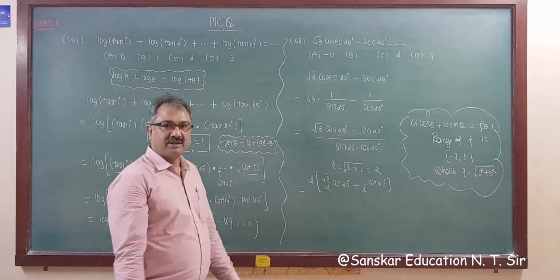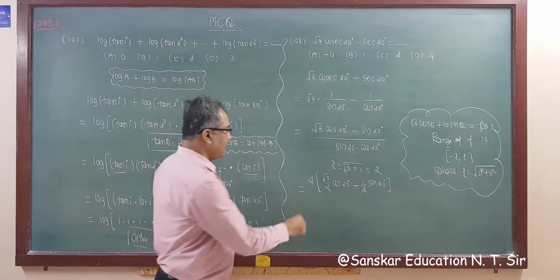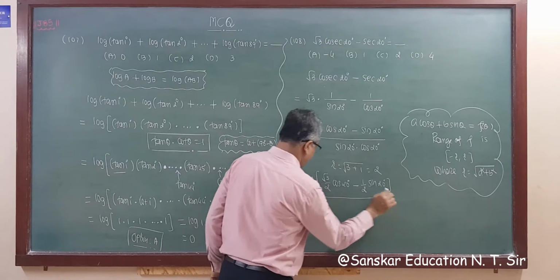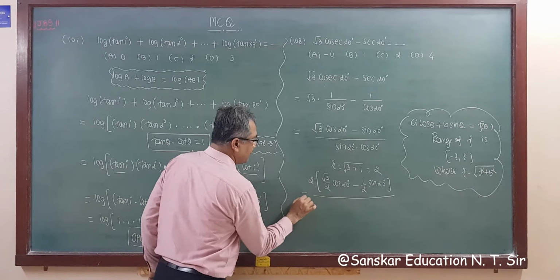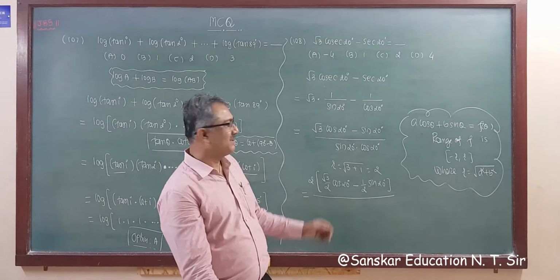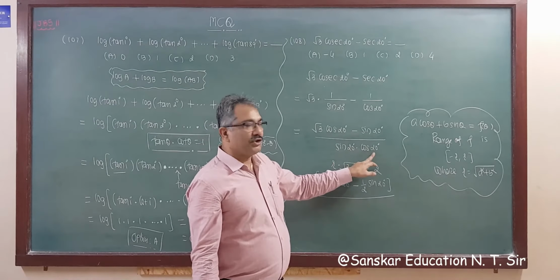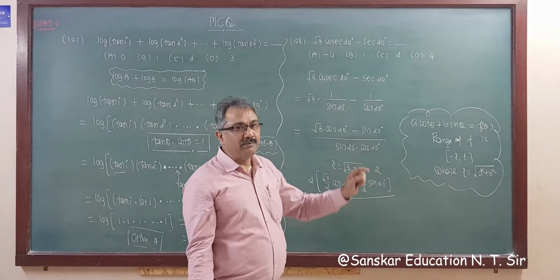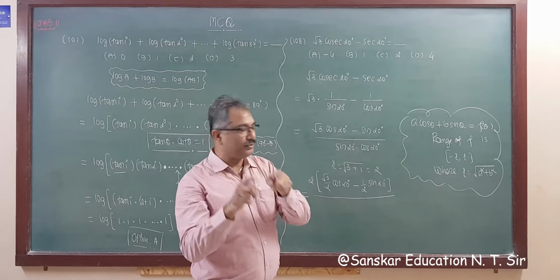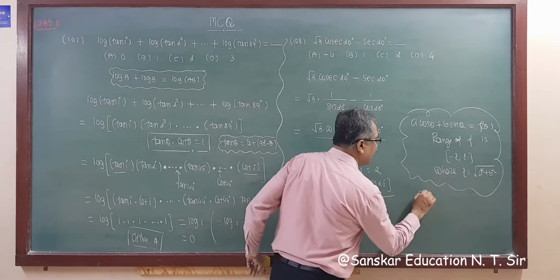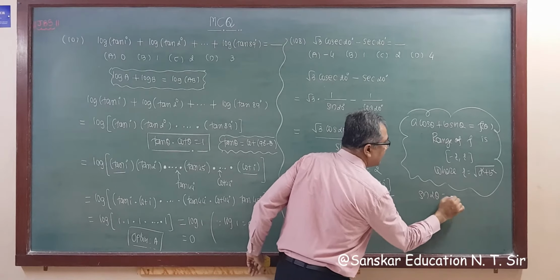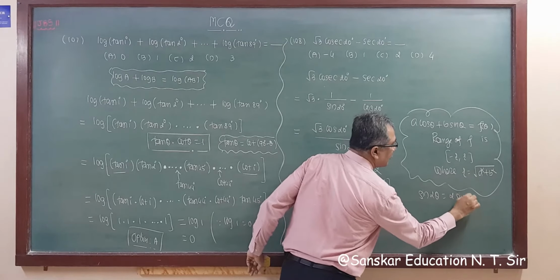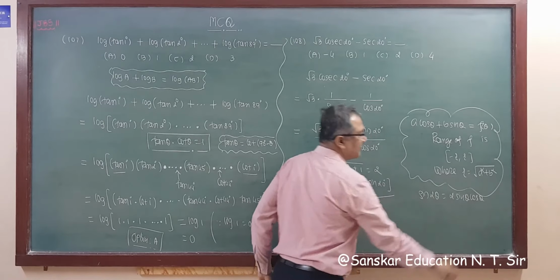Got it? This is the formula. Now whole upon the middle one should be there, right? Sin 20 cos 20, sin theta cos theta. In multiplication we need always 2, right? So you have a formula, sin 2 theta is equal to 2 sin theta cos theta. This is the standard formula.